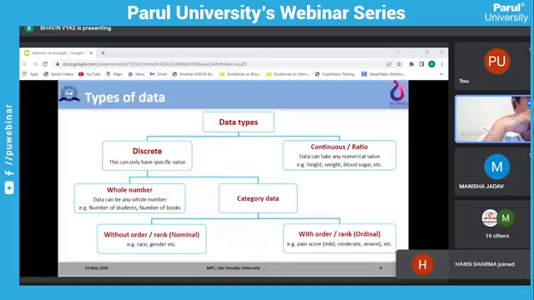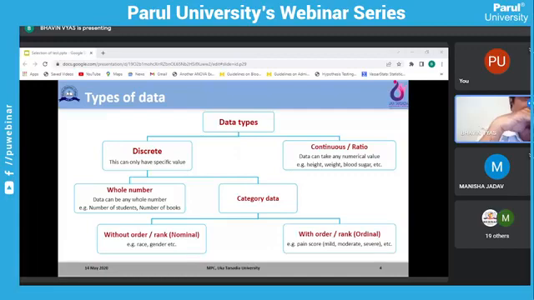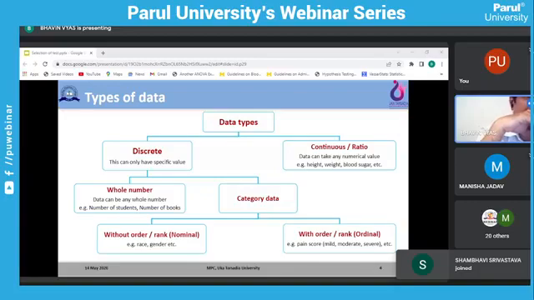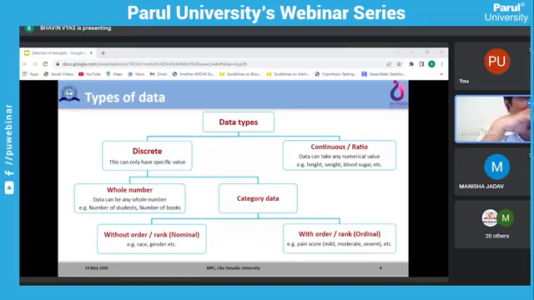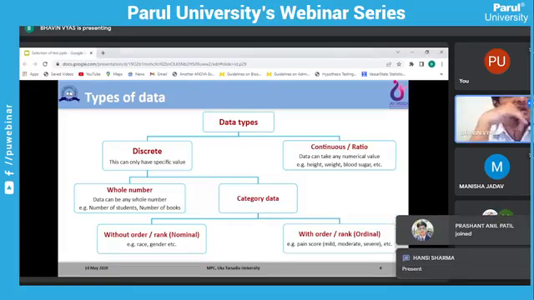That data you are collecting, I can differentiate in various ways, and depending on that, I need to select a particular data analysis test, so that we can make an inference or draw some conclusion from that. I can divide data into mainly two types, called discrete type of data or continuous type of data.